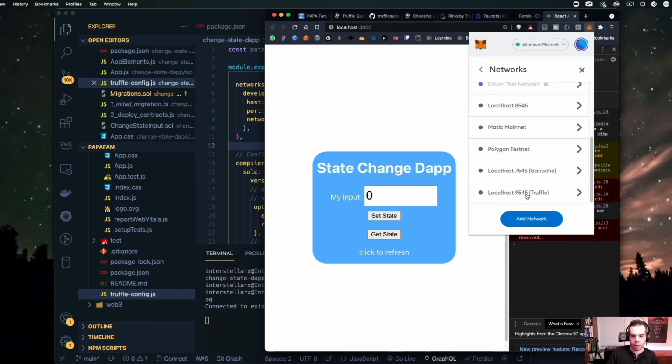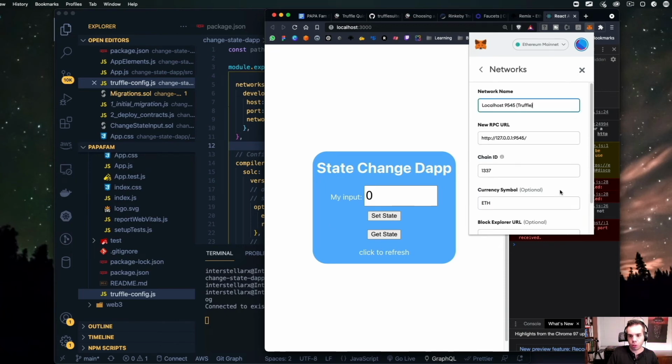And then I created also a Truffle localhost 9545. So what you're going to do is, these might not exist yet. You're going to click on Add Network, and I'm just going to show you what you put. You want to use a descriptive name just so that you remember exactly what you're doing. So I have localhost 9545 with Truffle. That always signals to me that anytime I'm connected to this environment, it's the localhost for